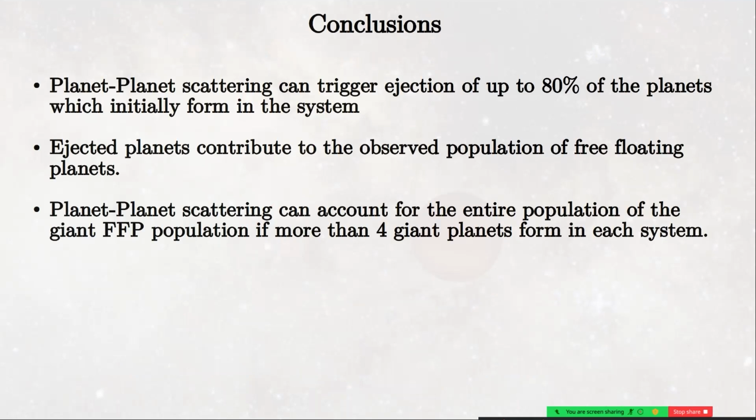So if I try to summarize what we had here, we said that planet scattering can actually eject a lot of the planets, even up to 80% if you're talking about a large system of 10 planets, and of course smaller fractions if you're talking about smaller numbers. They can potentially explain the observed free-floating planets. Not necessarily yet the properties, because we don't have a good understanding of all that, but you can try